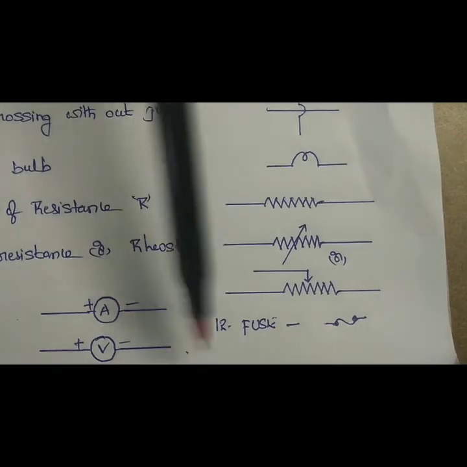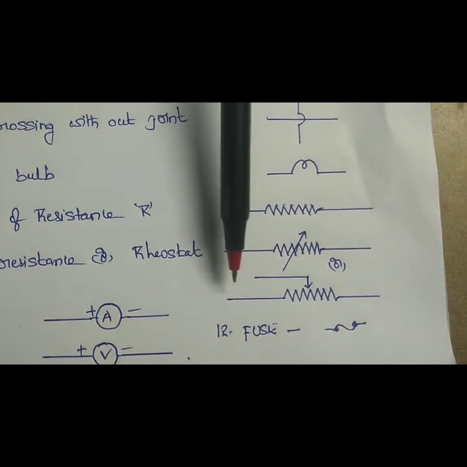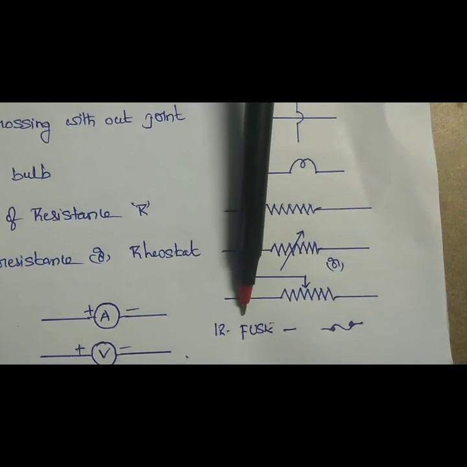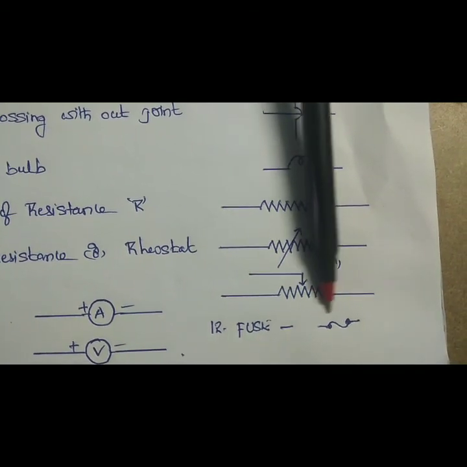Already we know the symbol without a point here means open plug key or open switch. And finally, if the point is here, it means the plug key is inserted. That means a closed switch. See the last one. This is the fuse. The fuse symbol has this shape.